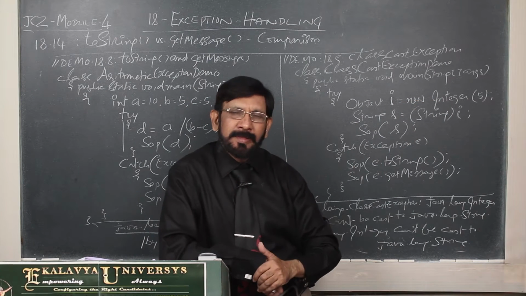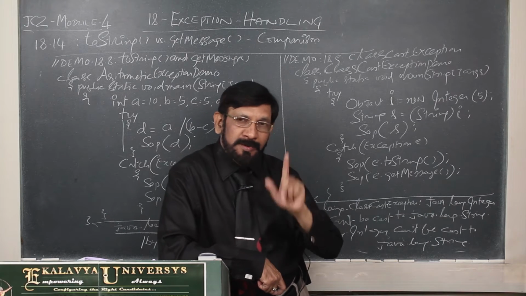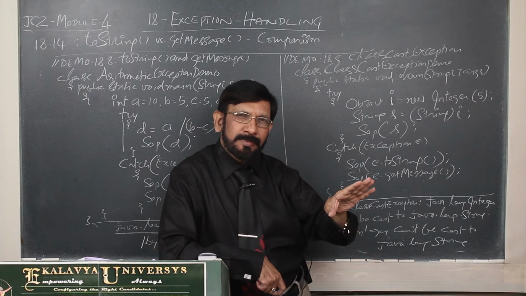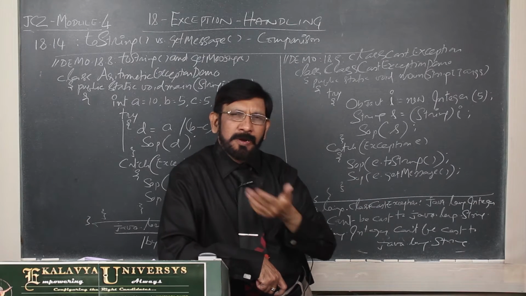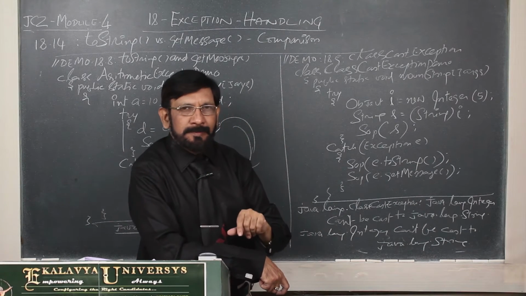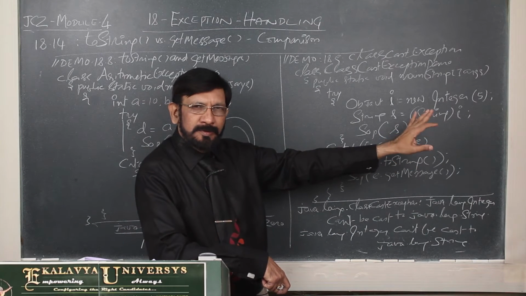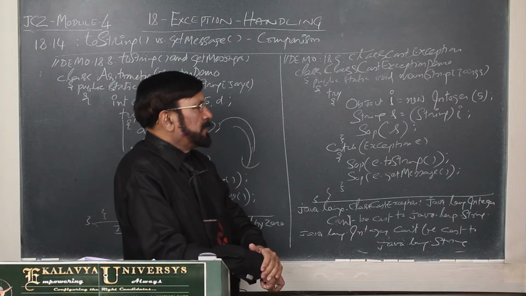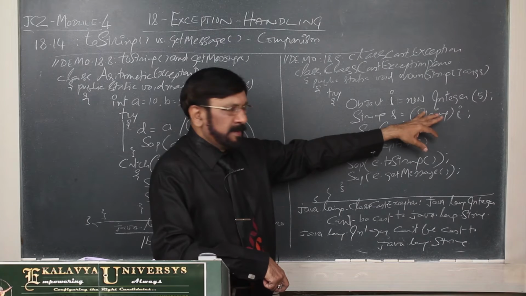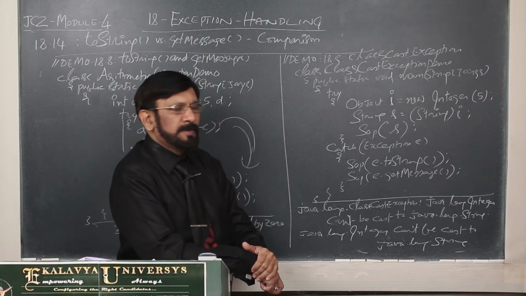Suppose an Integer is there and you want to transform it to a double type. Both are numerical types only, and an int is 4 bytes, 32 bits, while a double is 8 bytes, 64 bits. So it is compatible. If you make a casting, that can be done, because they belong to the same family. But if you want to do it with a different family like String, then a ClassCastException is thrown. That point you have to understand.